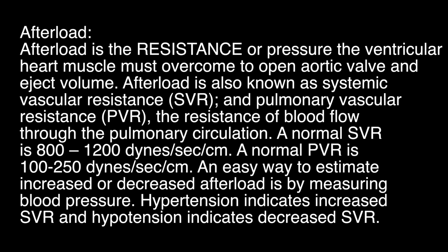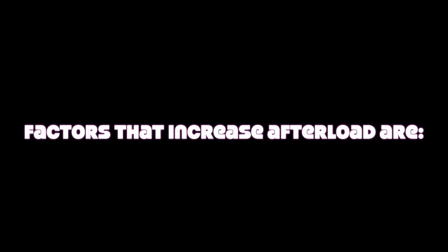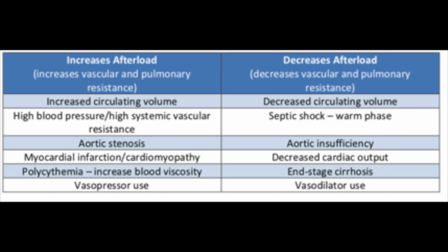An easy way to estimate increased or decreased afterload is by measuring blood pressure. Hypertension indicates increased SVR and hypotension indicates decreased SVR. Factors that increase afterload are: increased vascular and pulmonary resistance, increased circulating volume, high blood pressure or high systemic vascular resistance,